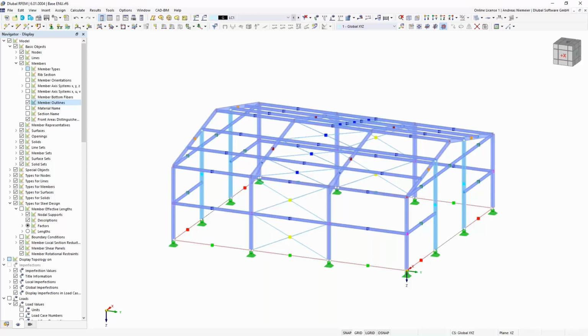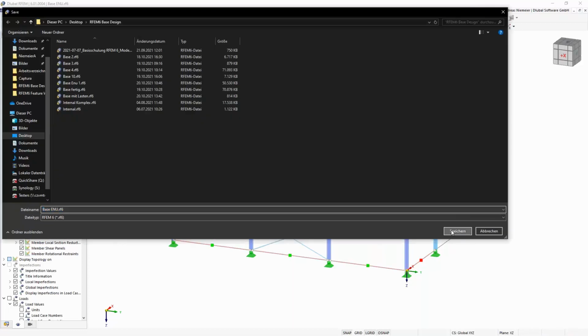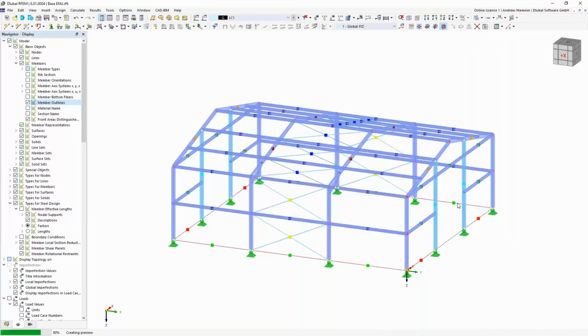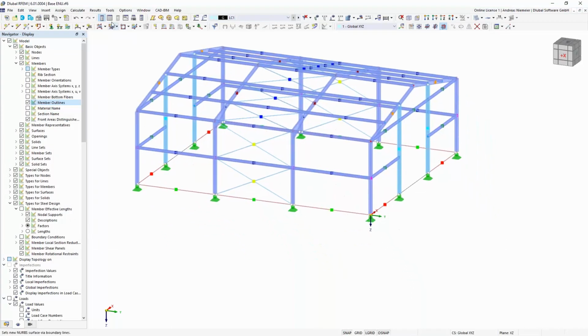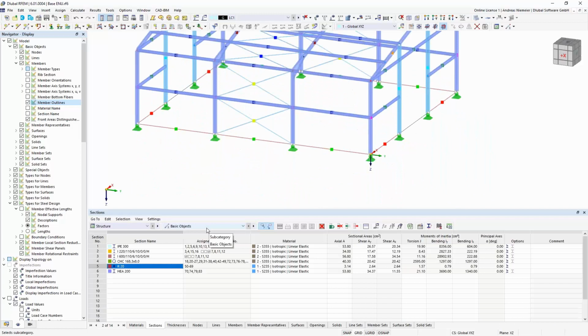And now we are at a point where we can go ahead with loading. The keyword loading brings me to the steps where I display the table and jump into the chapter load cases and combinations.